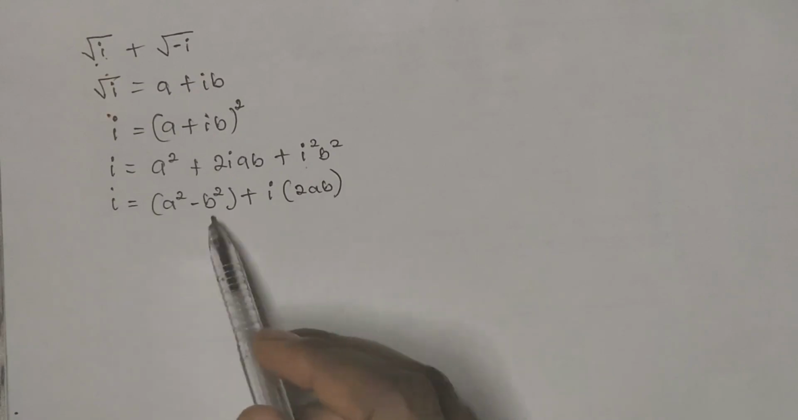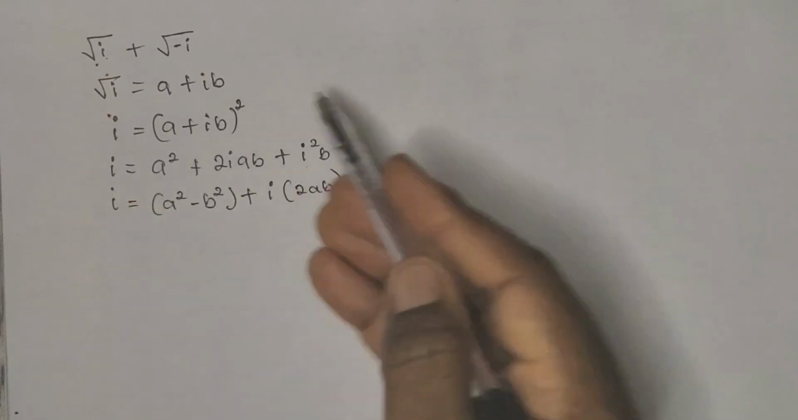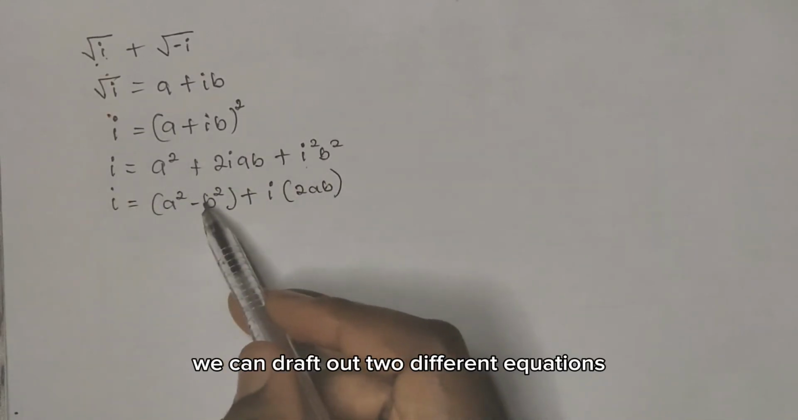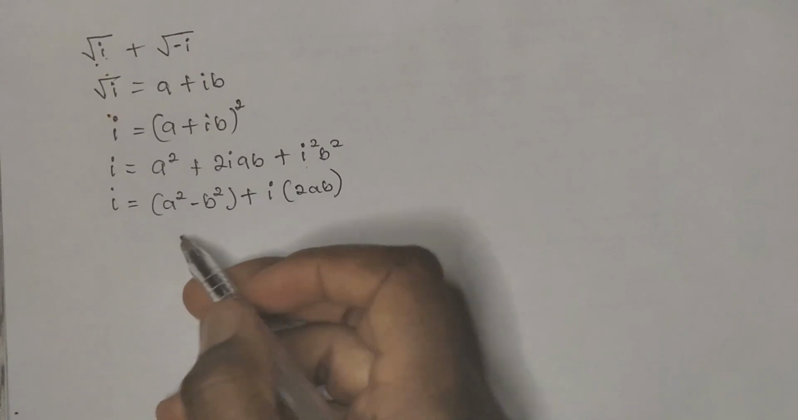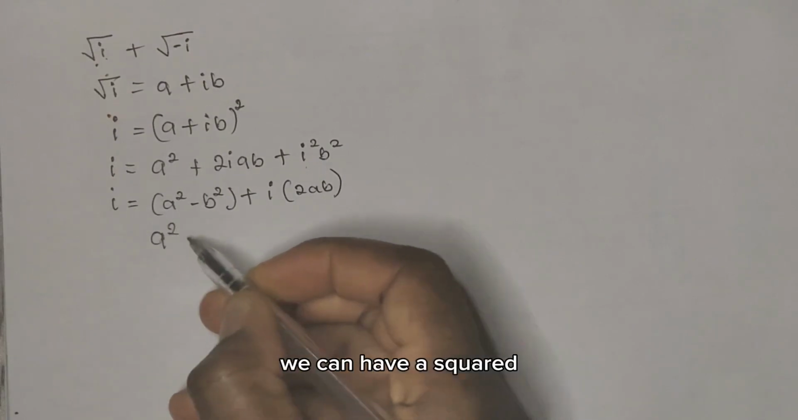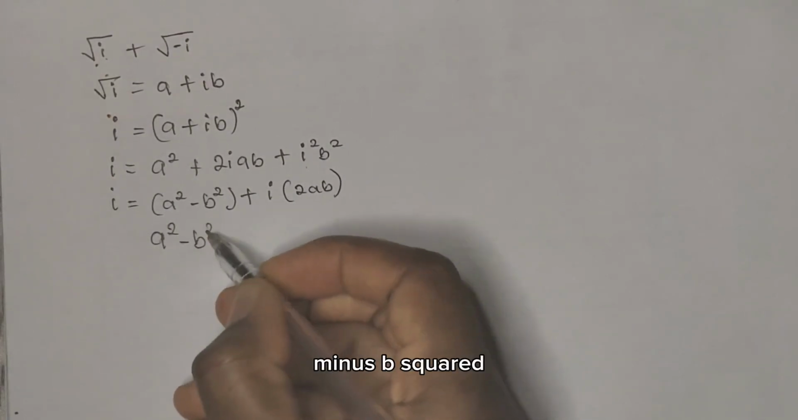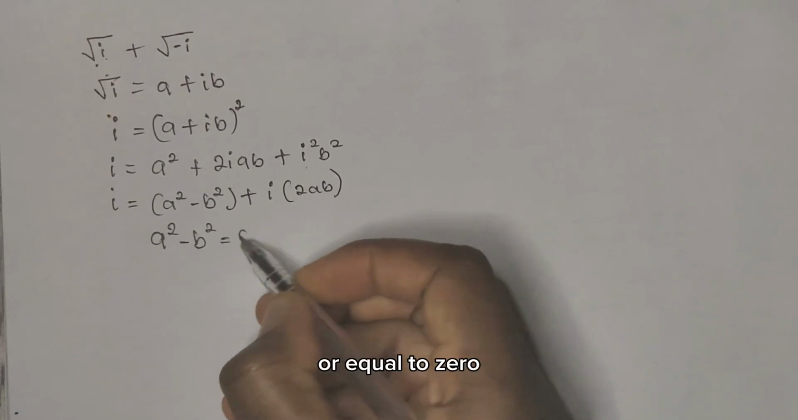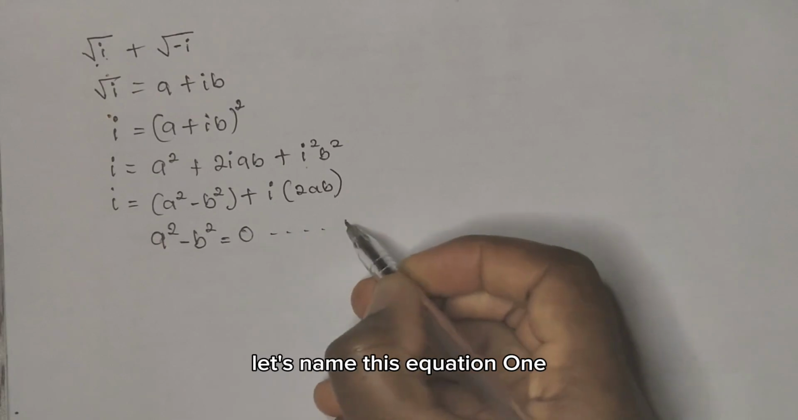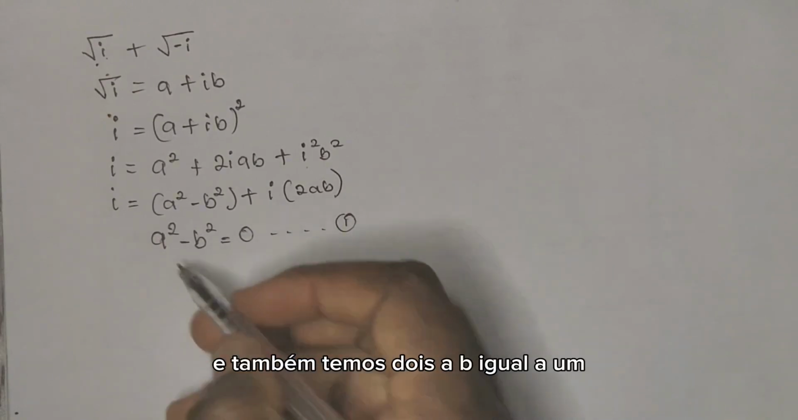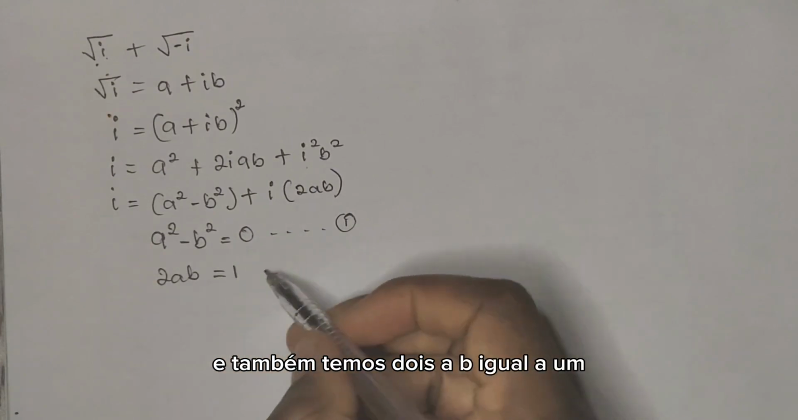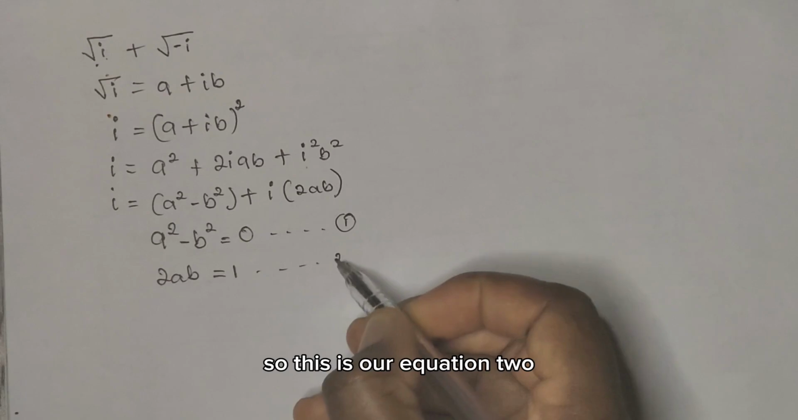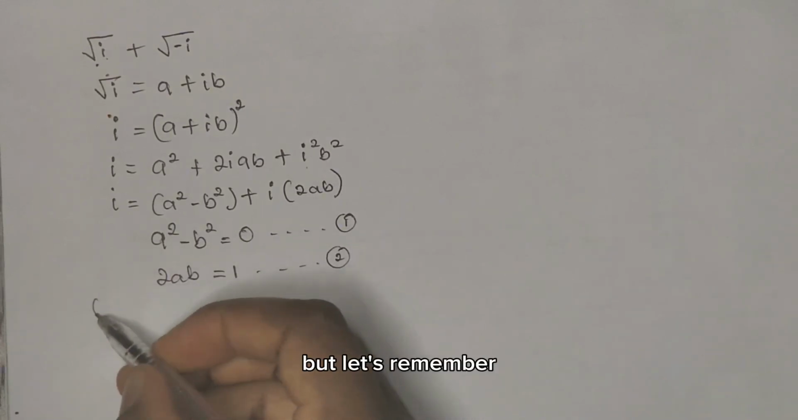From this equation, we can draft two different equations. We can have a squared minus b squared equal to 0. Let's name this equation 1. And we'll also have 2ab equal to 1. This is our equation 2. But let's remember,